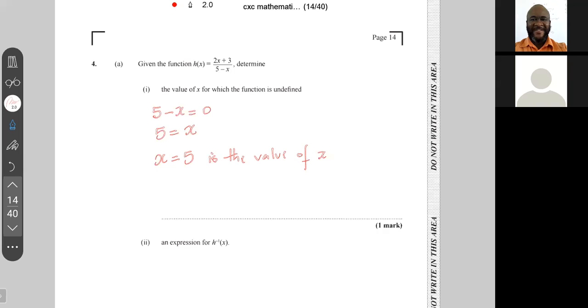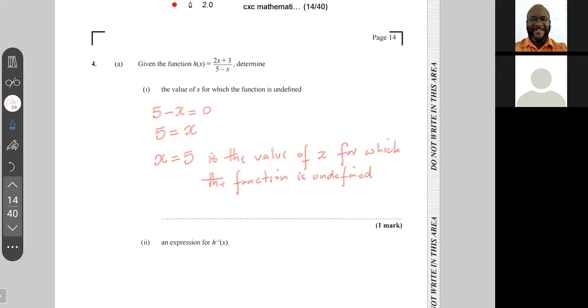X is equal to 5 is the value of x for which the function is undefined. All right. So whenever you're asked this question, you must put the denominator of the function equal to 0 and solve for x. Now, next we're asked to